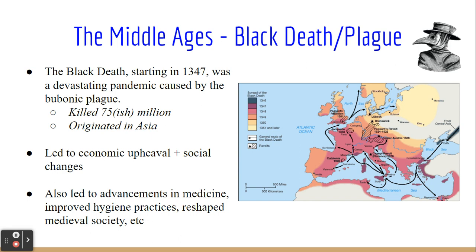And historians have pointed to advancements in understanding medicine and hygiene and reshaping governments, and honestly, a lot of the fittest and most physically in shape people survived this. So in terms of evolution, humanity actually kind of improved physically on the back end of the Black Plague, and there was a lot of economic and social change that came out of the Black Death. Obviously, horrible because of the amount of death that occurred, but historians often say it was a point of growth because of the immense tragedy that it caused.